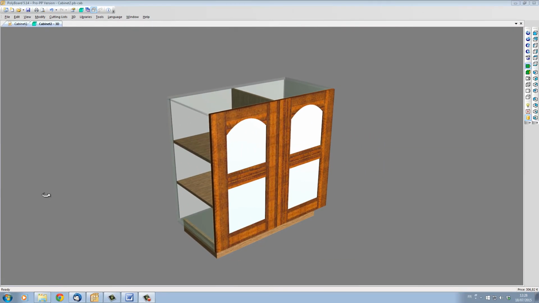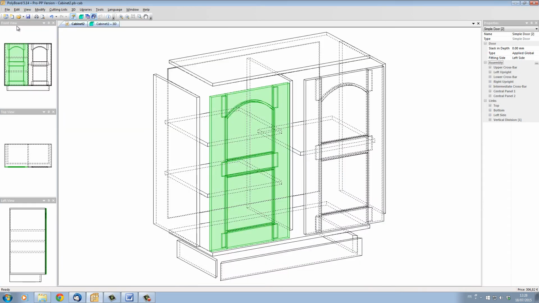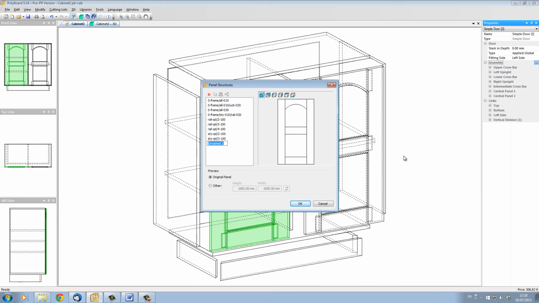To add this new structure to the Panel Structure library, I also have to use the Property Assembly Edit menu. I have to go back into Cabinet Edit mode, go over to the Assembly menu and open the options. In the options I have here Add Structure to Library. I can give this structure a name. Let's call it